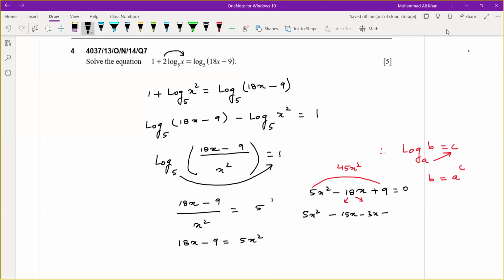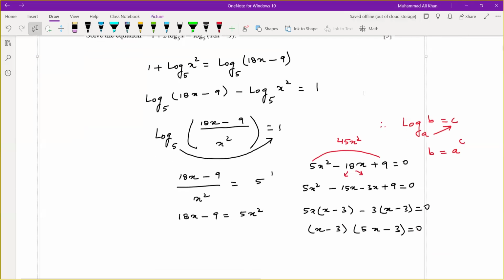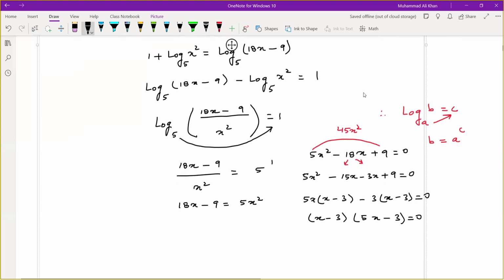minus 3x plus 9 is equal to 0. So the product is 45x squared, and if we add or subtract both terms, then the result is minus 18x. Take 5x common. So it will be x minus 3, minus 3 common, x minus 3. अगर ये दोनों ब्रैकेट सेम हो जाए तो इट मीन्स हमारी मिडिल टर्म ब्रेक सही हुई है. So now x minus 3 in the bracket 5x minus 3 equal to 0. So after that, what are the two values of x? The first value of x is 3 and the second value of x is